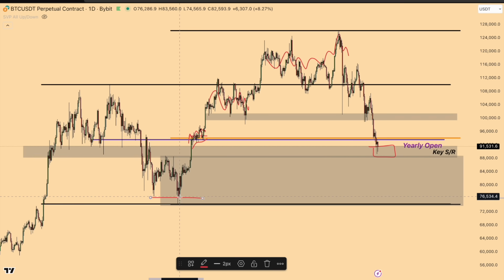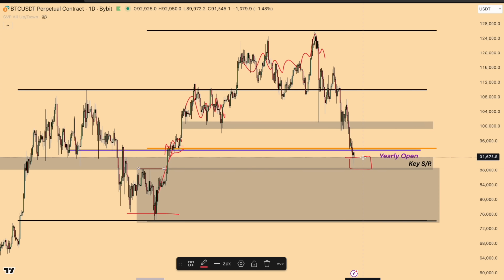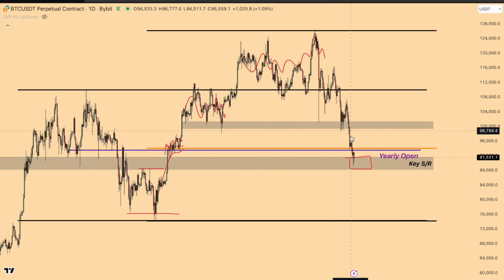of this low, which then led to the move up, your change in market structure here, and then the push up into this consolidation, of course, distribution range. And now we've returned back into it. So I do think this is a really good area for price to bounce after such a significant leg to